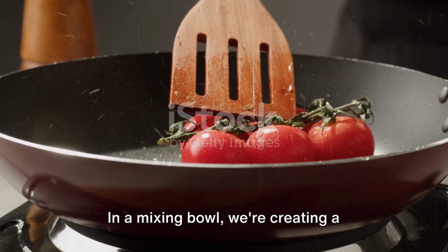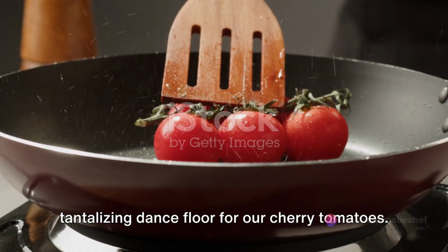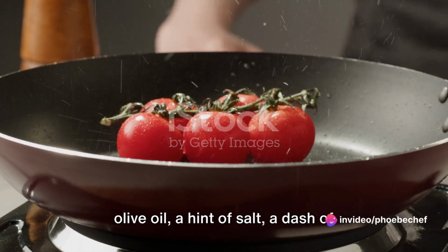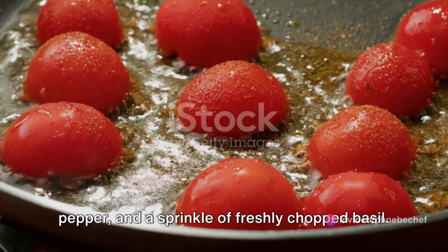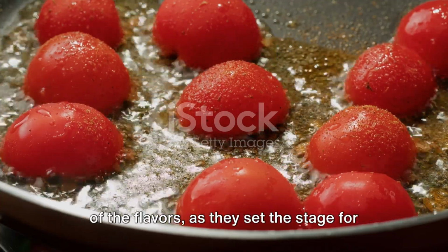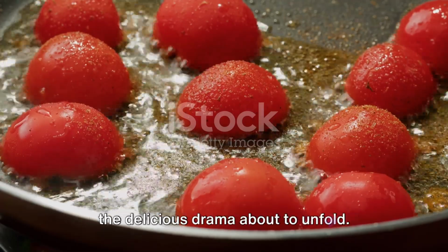In a mixing bowl, we're creating a tantalizing dance floor for our cherry tomatoes. Halve them and dress them in a blend of olive oil, a hint of salt, a dash of pepper, and a sprinkle of freshly chopped basil. Let them mingle and groove to the rhythm of the flavors as they set the stage for the delicious drama